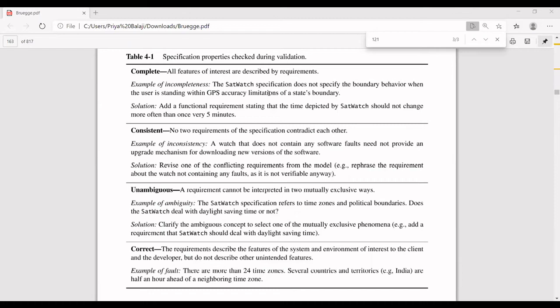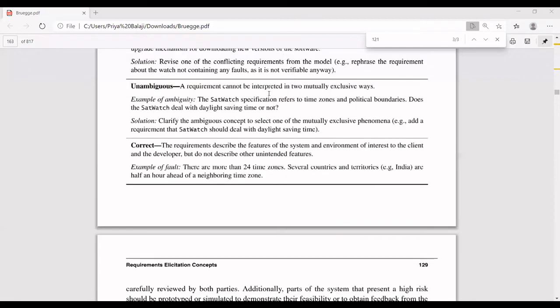Have an unambiguous requirement. Then correct, in the sense of the features of the system or environment of the client or developer, but do not describe the intended features. Within 24 hours, correct in the sense of what exactly it means, like accurate output. There are more than 24 time zones, so several countries have their own times.